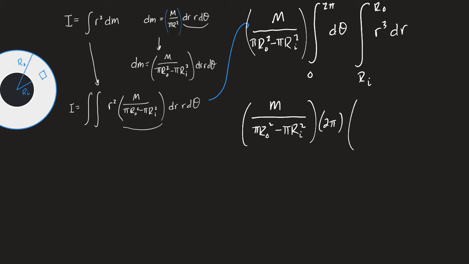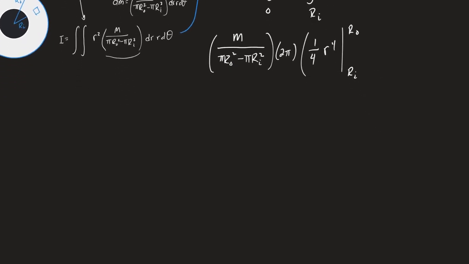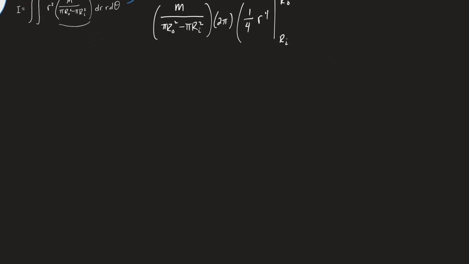This one, let's go ahead and do the first part of this. We have to take the antiderivative of r to the third with respect to r. You should all be able to do that. Add 1 to the exponent and divide by the new exponent. So that gives me 1/4 r to the fourth. And I want to evaluate that from the inner radius to the outer radius. Keep going, still good? Everybody following? All right, so